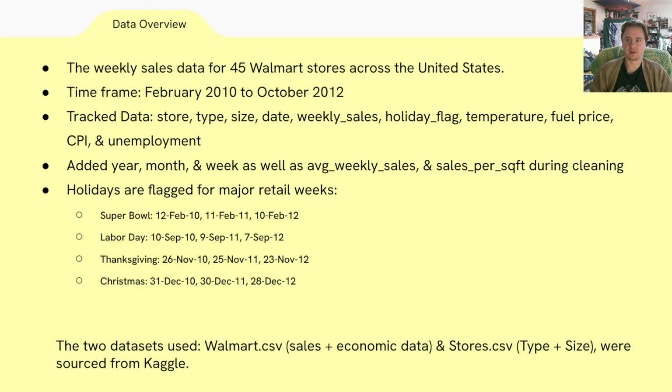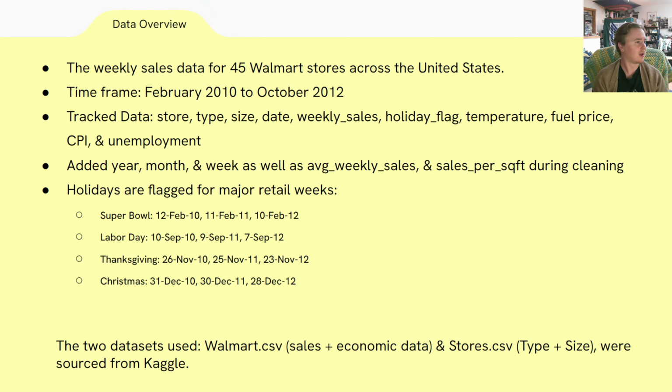You can see the specific dates on the presentation, but I'm not going to read them out. The data was sourced from Kaggle. It's split into 2 datasets, walmart.csv, which has those economic indicators. And when cleaning, I add year and month just for ease of analysis later on. The second dataset is stores.csv, which contains store type and size. And to that, I add average weekly sales and sales per square foot for analysis. These 2 datasets are eventually merged in the store analysis Python file, which you can check out in the